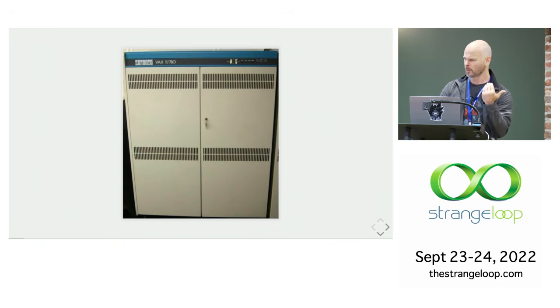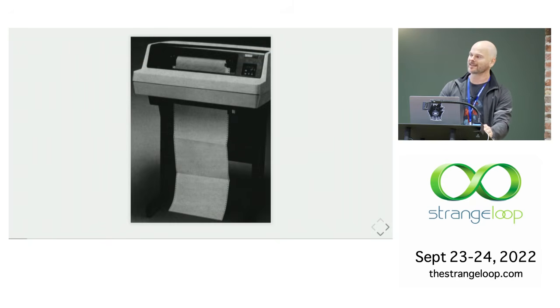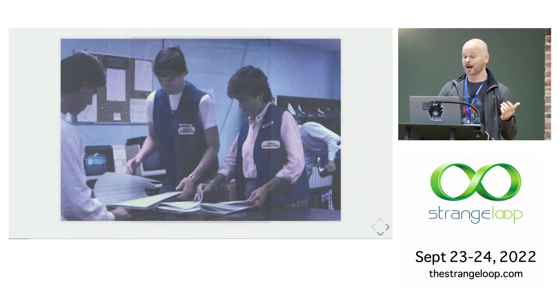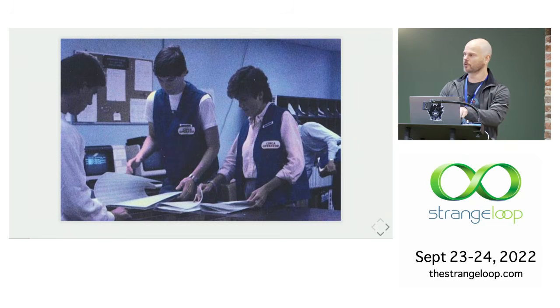And what would the output look like that came from sending this enormous deck of cards in? Well, it would come out on a teletype that looks like this, right? And you wouldn't get it right away. An operator would give it to you later. Note the vintage haircuts. The fellow in the middle there is the actual operator who was handing me these outputs, and he's the person who gave me these photos of this equipment.